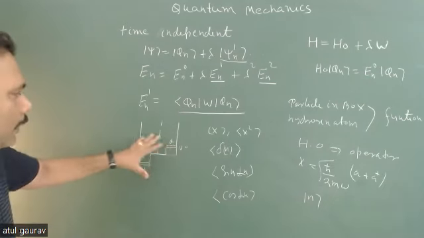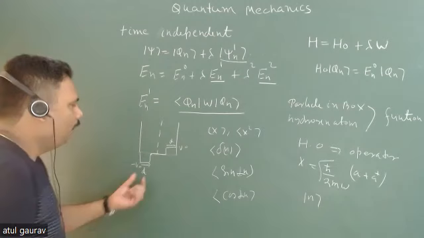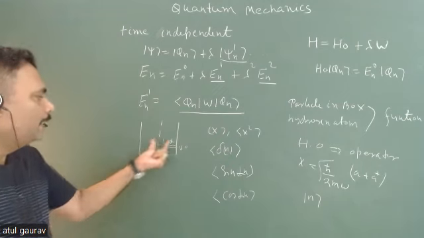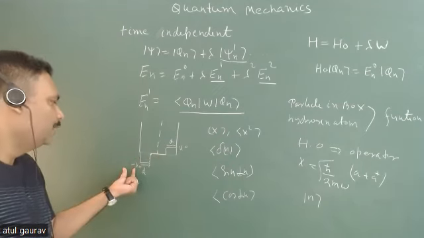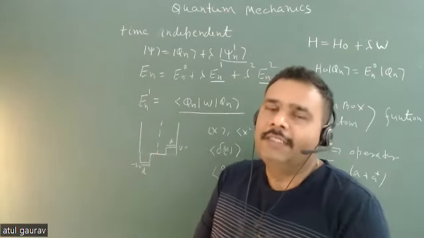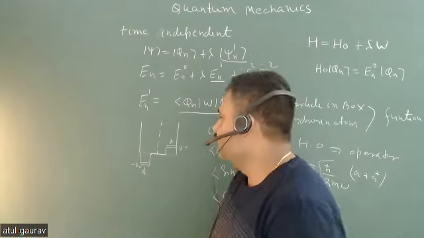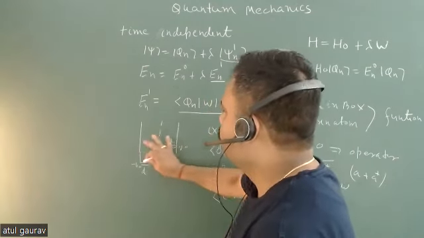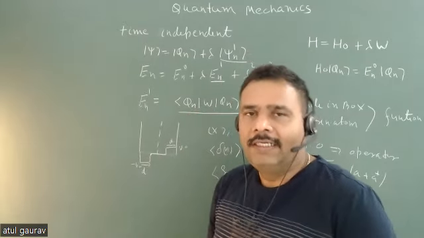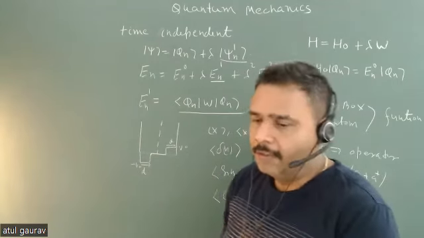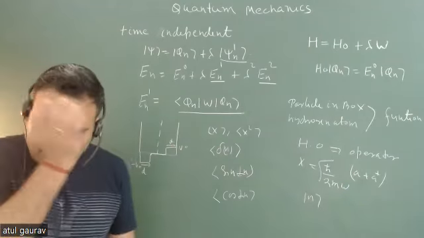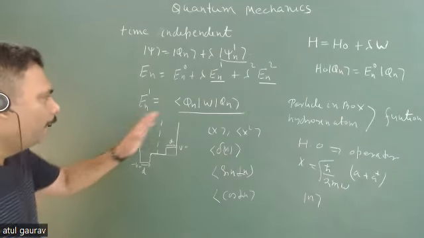When you do any integration, what will happen? The mod, this will contribute the same amount as this particular point, but here it is negative, here it is positive, so it will just cancel out. So you have to work on this particular thing. Okay. So this is very interesting, where you can use the concept of symmetry and the basic property of integration, which is very important to use here so that you can solve this type of problem. So this is one type of problem and you always have to